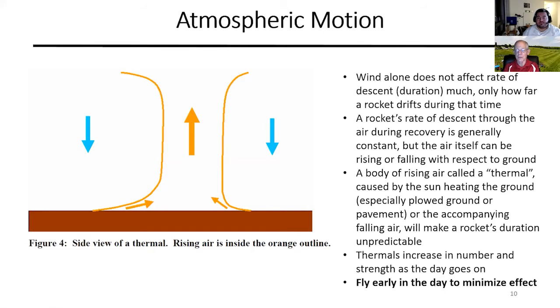But if you're flying when there is a rising mass of warm air, which tends to happen in afternoons, after the sun has been heating the ground for a while and parts of the ground get warmer than other parts, warm air rises, so eventually a bubble of warm air will break free from the ground and float upward, carrying everything in its path. And so your rocket, if it's in one of those thermals, will descend slower relative to the ground. It'll descend the same speed through the air mass, but the air mass itself is rising, so the descent rate relative to the ground is less.